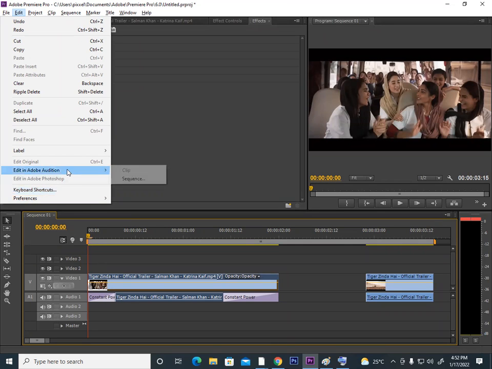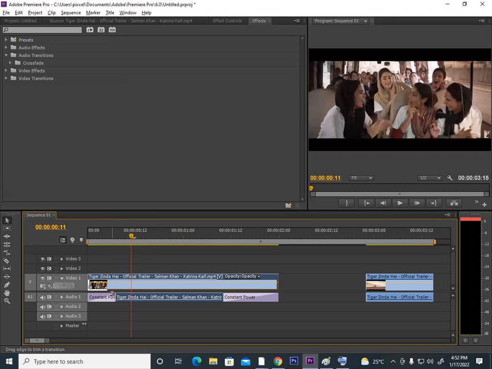Adobe Audition, just like Adobe Premiere, which is a video editing software, is Adobe's audio editing software, where you can do a lot of changes. Just as you can do video editing in Premiere, you can do audio editing here. So this is the audio editing software. Now we got to know what video transition is and what